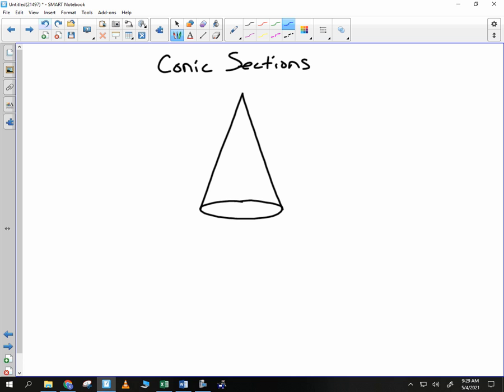Triangles? The top is a triangle. Good. Like a dunce hat. Yeah. Very good. Or a cone. Okay. So suppose I were to slice it differently. Suppose I were to slice it like